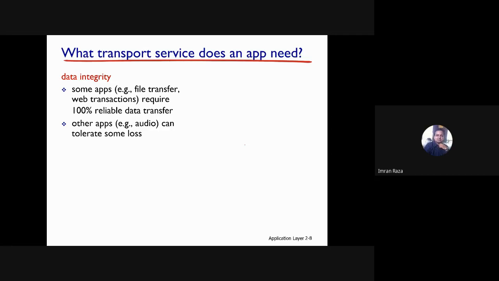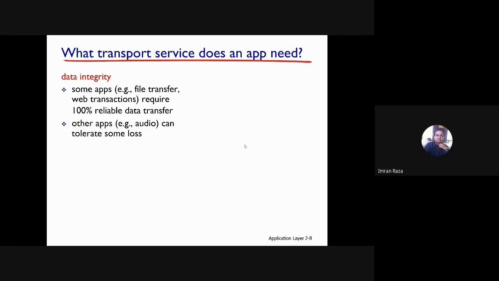So number one, we have data integrity. Data integrity means whatever data we are sending is being received on the other side, right?